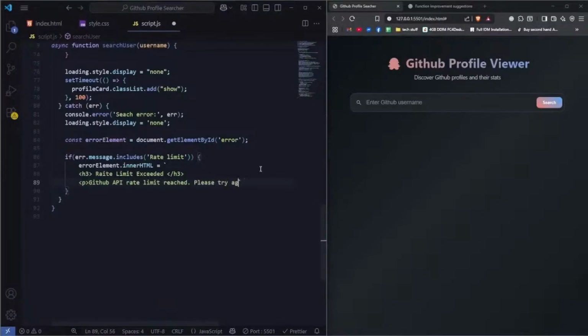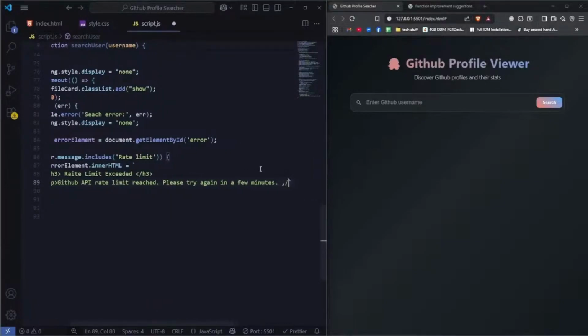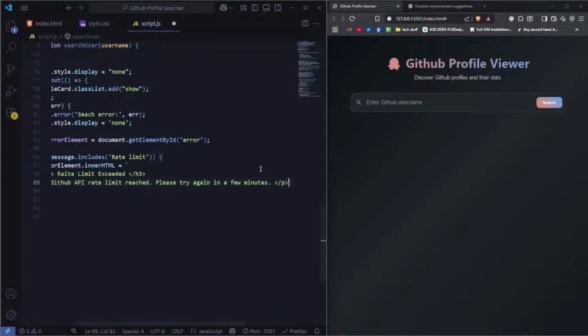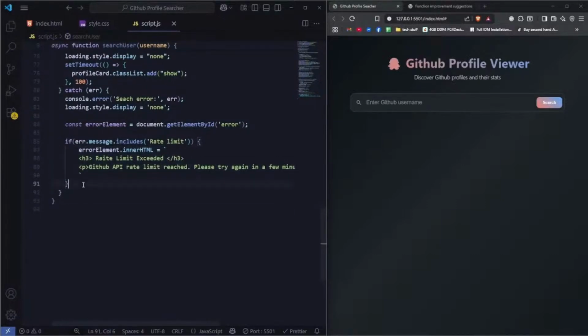Please try again in a few minutes. There we go. And close the paragraph tag. And that's our first error message. I'm just going to copy that because I have to write that a couple different times. Now for the else if